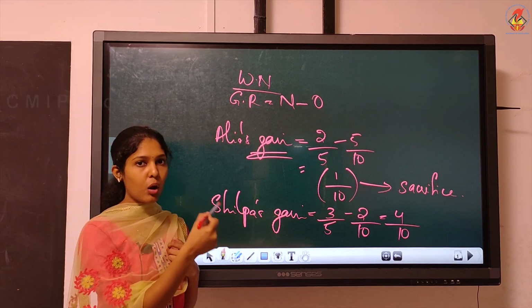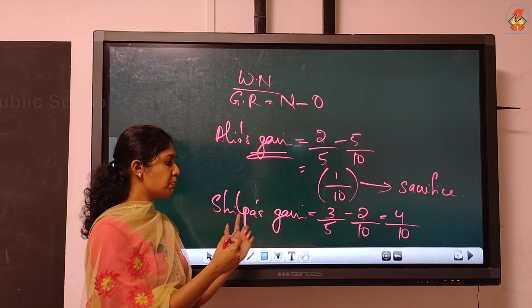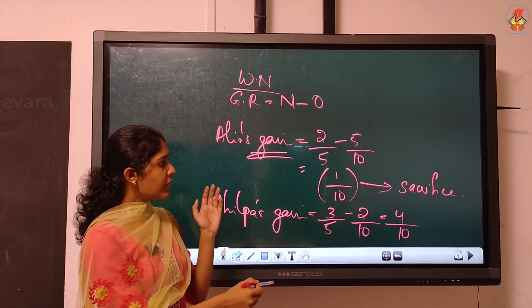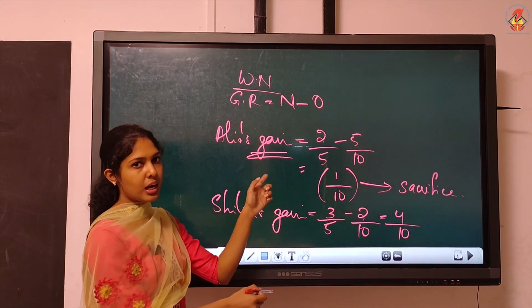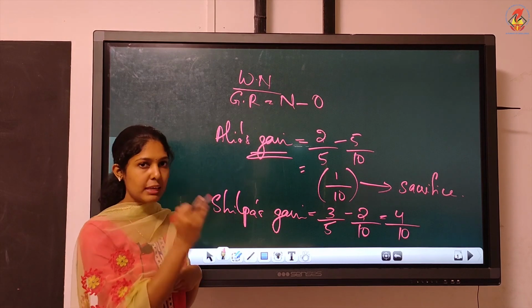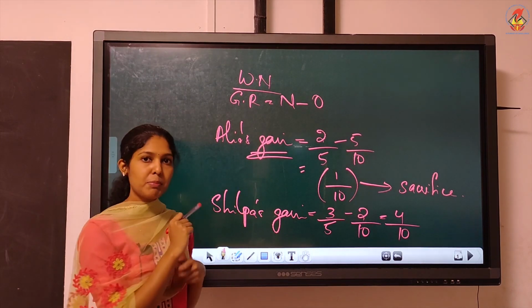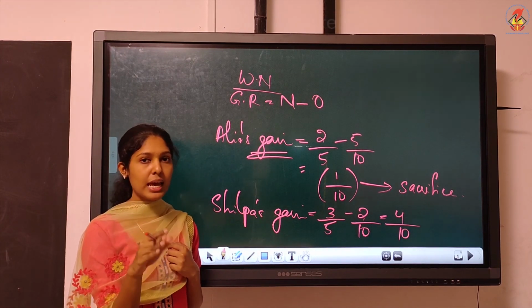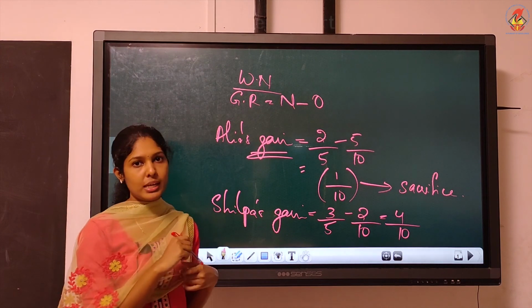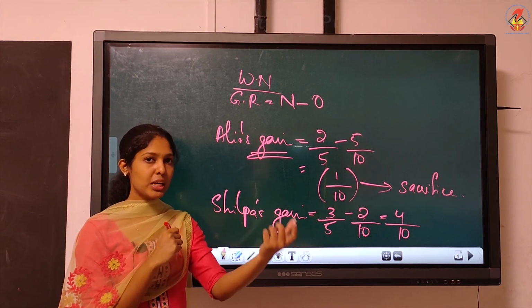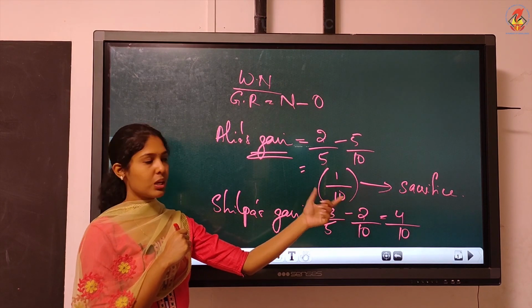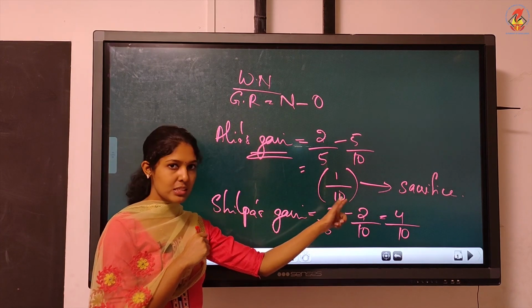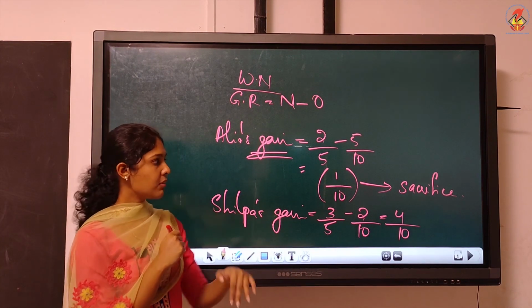Now there will be a change in the journal entry. While you write the journal entry, how will it be? Gaining partner's debit. Shilpa will be debited, to retiring partner. Retiring partner's name is Karan. So we'll write to Karan's capital. What about Alia? Can Alia be debited? No. Only the gaining partner can be debited. So the sacrificing partner, what should we do? He must be credited. Just like the new partner, the retiring partner, you must credit Alia's account. Same thing we did in the chapter admission, but there it was the reverse. So anyways, only the gaining partner must be debited. If there is a sacrificing partner, he must be credited. The reverse you have to do.